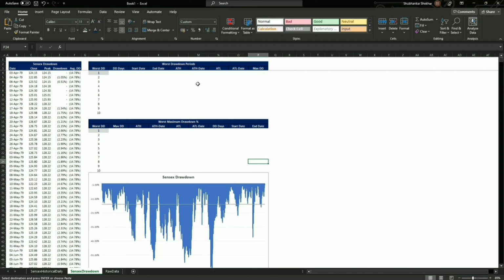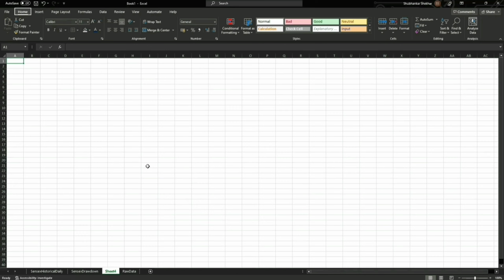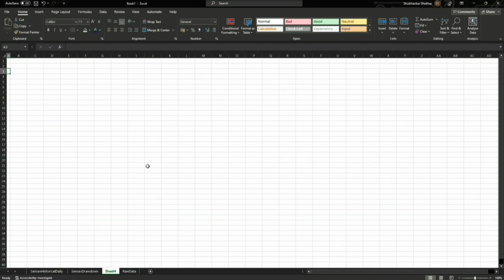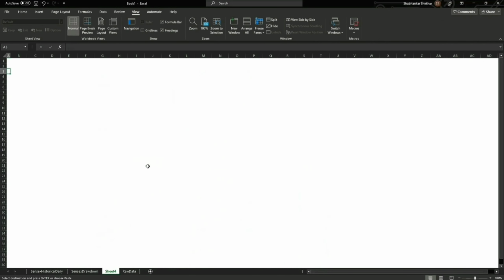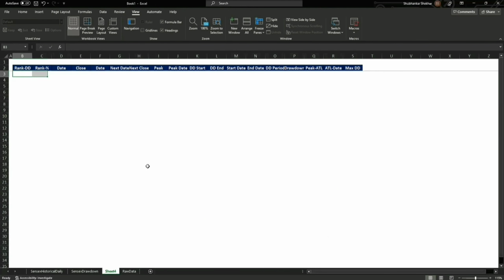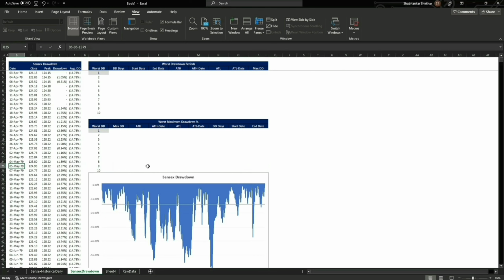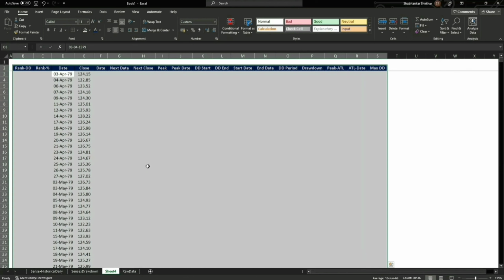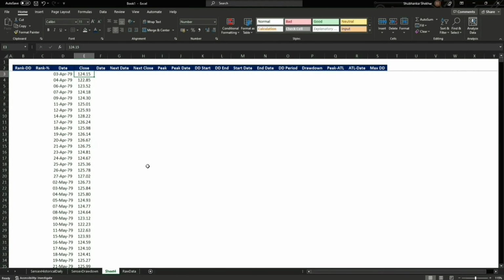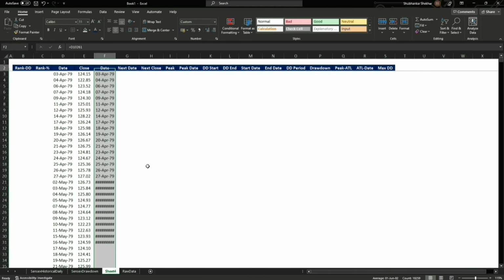So to calculate the worst drawdowns based on the drawdown periods and the maximum drawdown, we are going to create a lookup sheet, right? So for that we are going to include another sheet. I'm going to format this in order to save some time. I'm again going to copy only the headers from here, right? Okay, and again from here we will be copying the dates and the closing price for Sensex, right? Done, right? So dates simply equal to here, paste it, right?